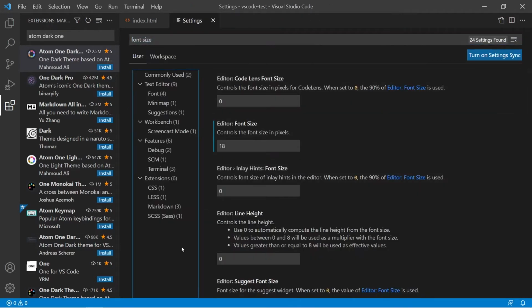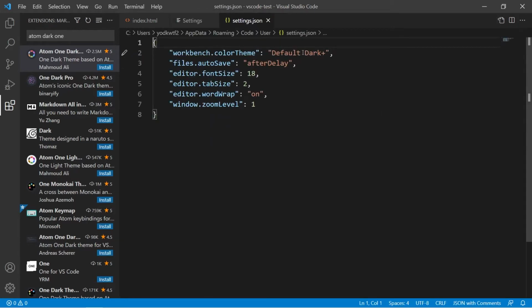And one thing I would like to mention is that all these settings that we have, they are stored in a JSON file. And if you don't have much idea about JSON files, let me show you how they look. So you can go to this top right option, and here you'll have open settings in JSON. So if you click on this, you will see all the settings that you have saved, and this is what a JSON file looks like. We have keys and key value pairs, and they are wrapped inside double quotes, and that's how a JSON file looks like. So you can see all the things that we have saved.